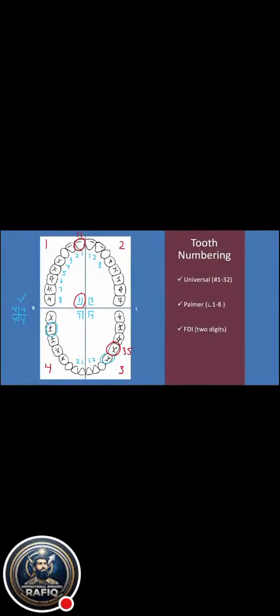And so you can do this for every quadrant of the mouth using that method. So if you're curious, this is how we number the primary dentition for the baby teeth. For the universal system, instead of using numbers, we use letters. So instead of number 1 to 20, because there are 20 baby